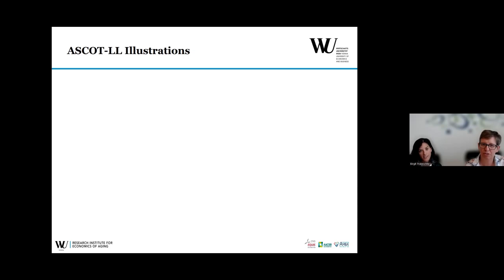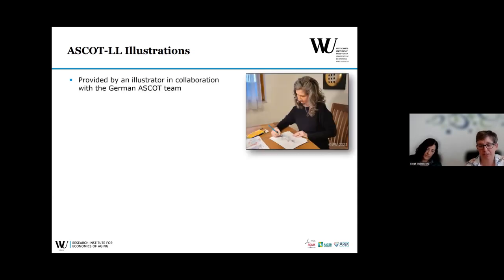Part of the easy read versions are also illustrations, and basically we were very lucky to have someone at hand who is not only a skillful designer, but is also a former care home manager. So she knew a lot about the settings, about the fields, about the people there. We didn't show her the illustrations from England because we wanted her to develop everything right from scratch in her own way. And the idea she came up with was to convey the mood, the emotions that come with the